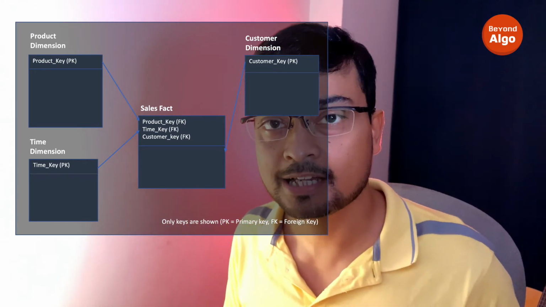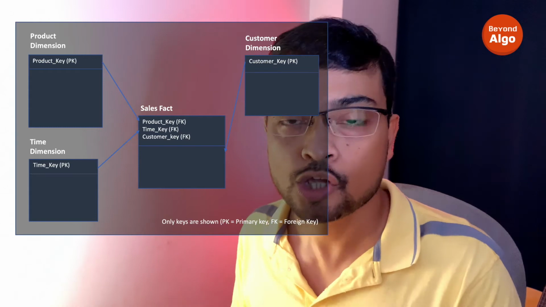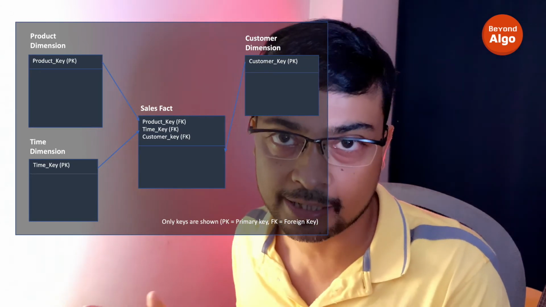So as you can see from the picture, the product, the time, the customer, all these dimensions give some context or meaning to the fact that we have recorded in the sales fact table. This example illustrates the concept of modeling a real-life scenario using the dimensional modeling technique. One thing you must notice here is that each of these dimensions is related to the others via the fact table. The primary keys from the dimension tables flow into the fact table as foreign keys, and the measure or quantity of the fact table is captured with respect to the foreign keys coming from the dimension tables.